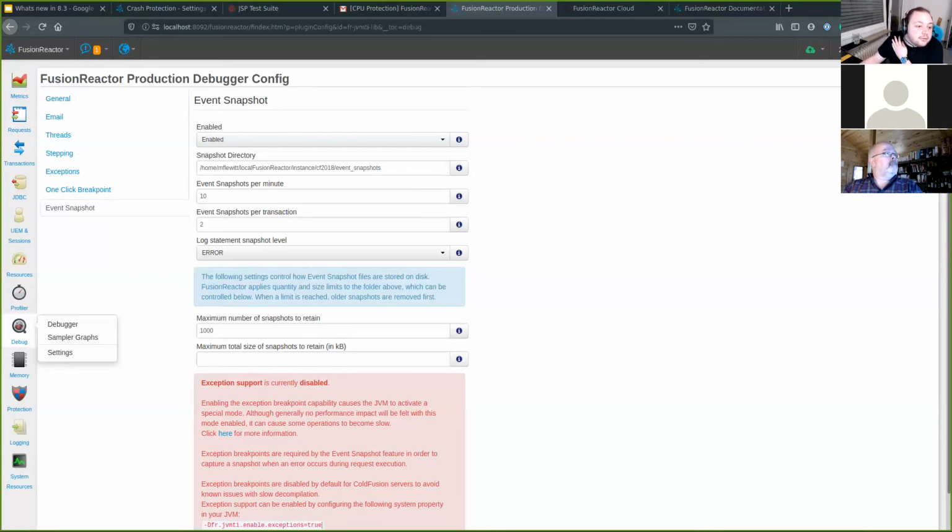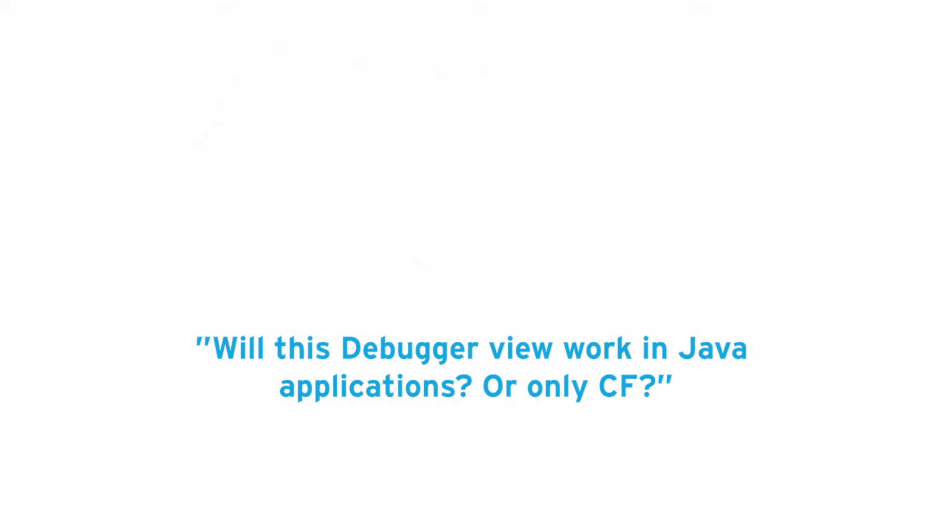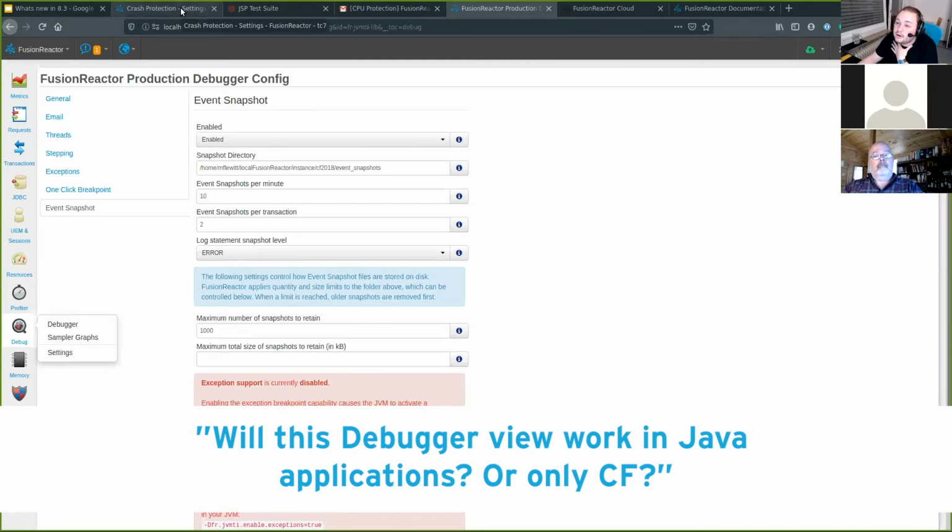So I'm just looking in the chat. We've had a few questions. Will this debugger view work with Java applications or only CF? It does work with Java. So if I go back to, say, my Tomcat server,